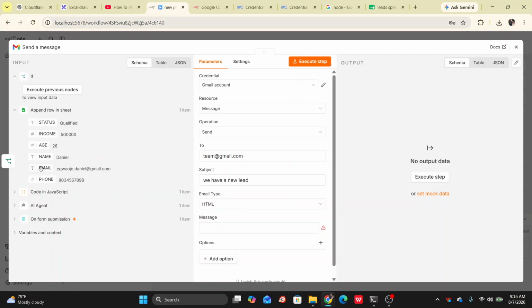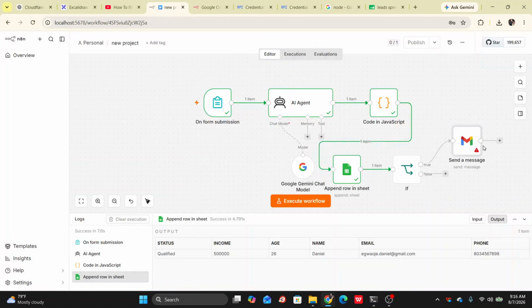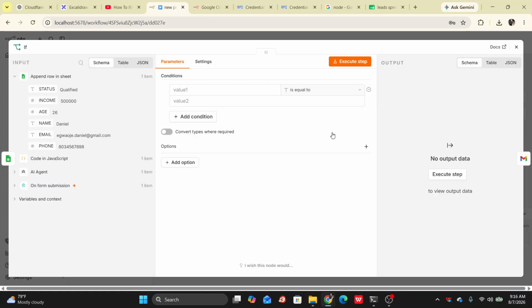But before going to this, I need to explain. We didn't put a value to the if node. Let's go back to the if node. So now look at this if node. Let's put a value to it so that we know when it is true and when it is false. So now what is the value we are going to provide? We are using status as the qualifier right now. So if status is equal to